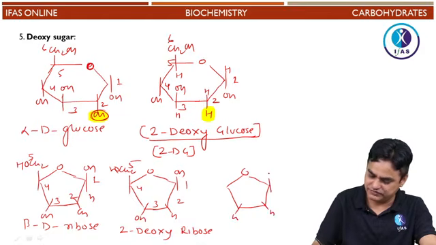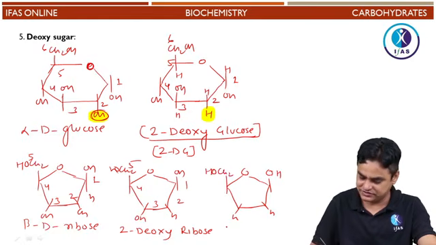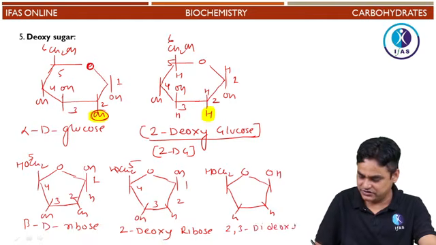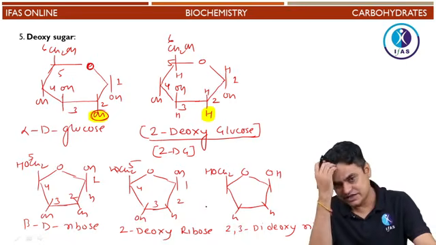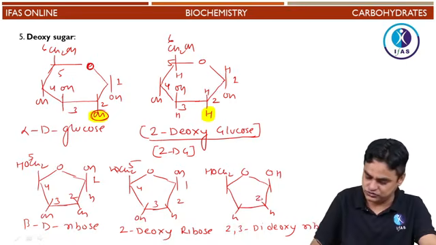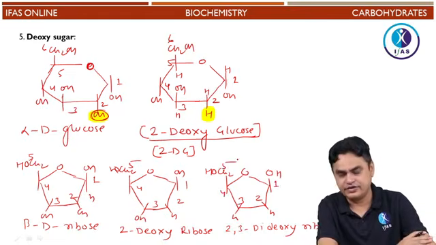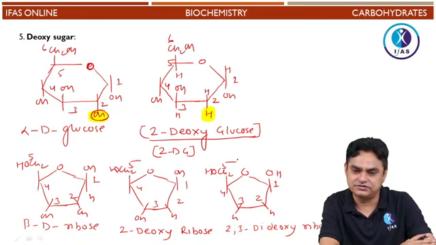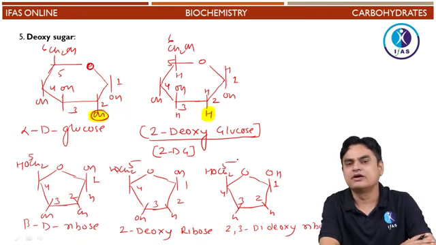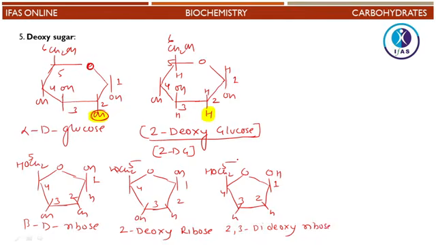Similarly, you can have this kind of structure as well, which you will study in much more detail in molecular biology, which leads to chain termination and inhibits the replication process. This is 2,3-dideoxyribose. Dideoxynucleotides have this kind of sugar, dideoxyribose. This is 1, 2, 3, this is the 4th, and this is the 5th. So these are referred to as deoxy sugars, like 2-deoxy glucose and so on.